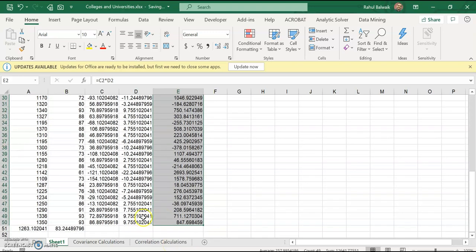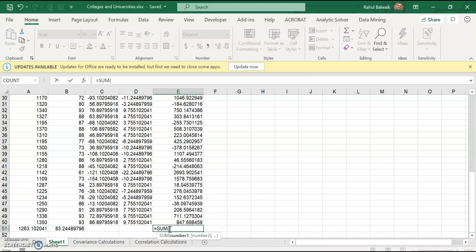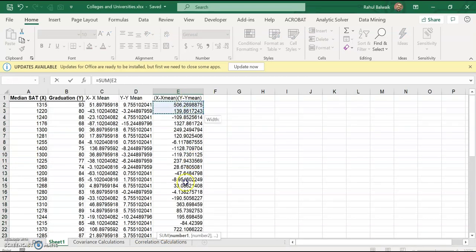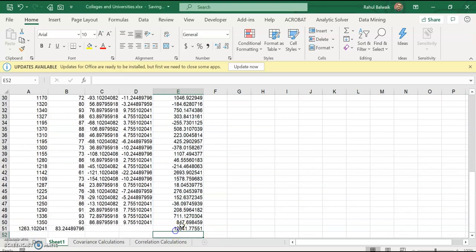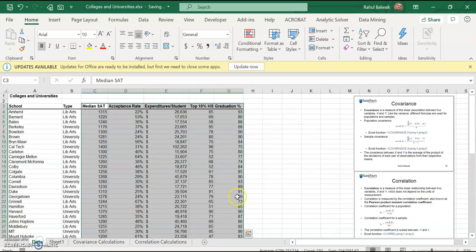Once we do that, according to the formula we have to find the sum, so let's find the sum of all of this. Right? So we have found the numerator of this specific formula. The denominator is the total number of entries minus 1.